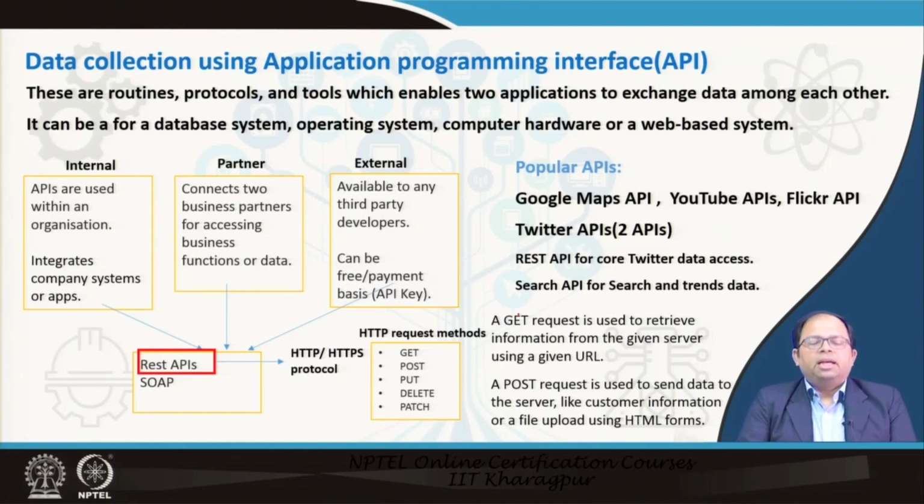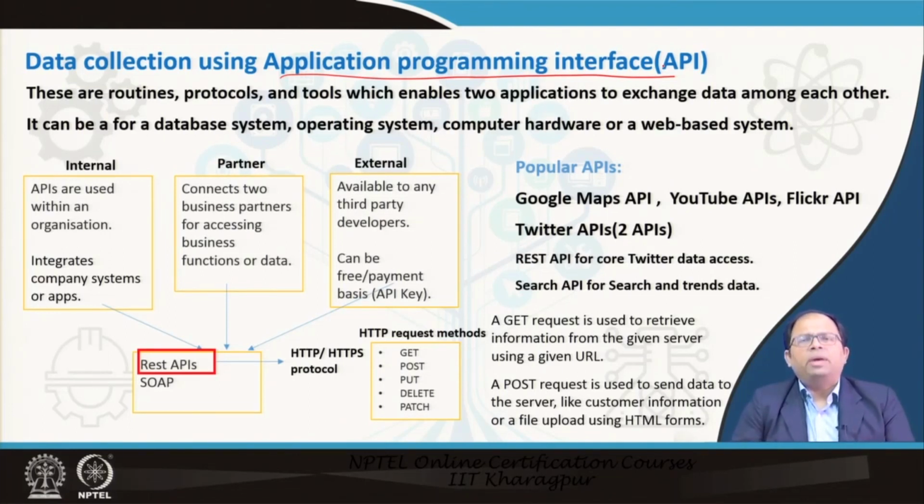So next, in data collection using application programming interfaces, this application programming interface term particularly refers to different routines, protocols and tools which enable two applications to exchange data among each other. For example, we have an application with a database, and we want another application to talk to this application. So there are certain programs, certain functions that are written, and there is a certain architecture on the way different applications can communicate with each other,